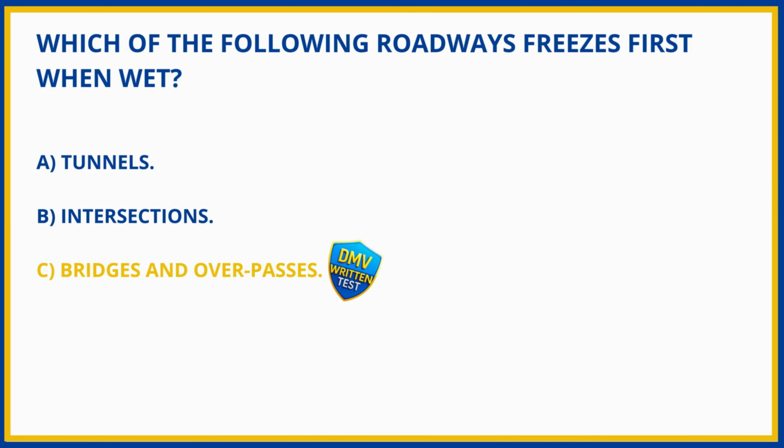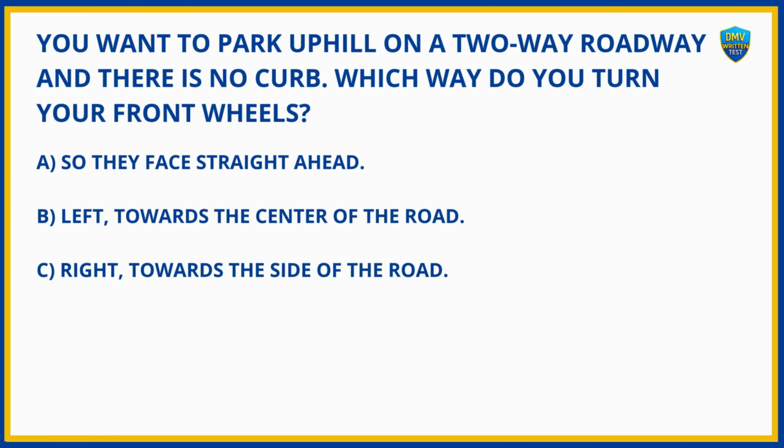C. Bridges and overpasses. You want to park uphill on a two-way roadway and there is no curb. Which way do you turn your front wheels? A. So they face straight ahead. B. Left, towards the center of the road. C. Right, towards the side of the road. And the answer is